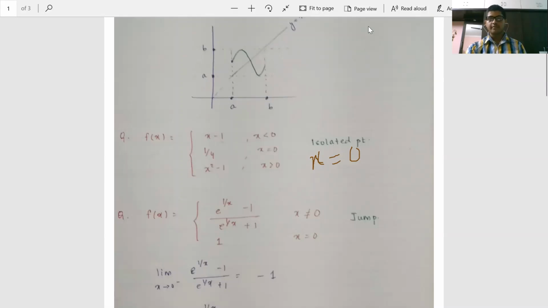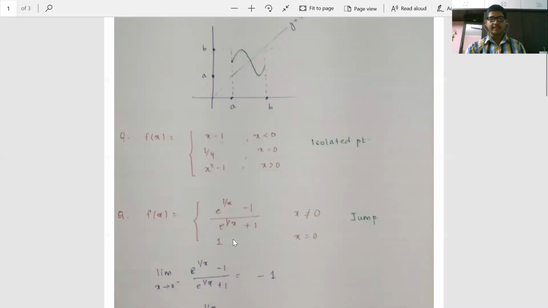So first of all, what we have to see? We have to see if 0 belongs to domain. Yes, 0 belongs to domain because it is given here. Now we have to check the LHL and RHL and the value of the function at that point. The LHL value clearly you can see from here, it is going to be minus 1. And from here, the value of RHL is also equal to minus 1. Fine. So LHL equal to RHL. But the problem comes when we find f of 0. f of 0 is 1 by 4. Clear? Therefore, it is an isolated point discontinuity as it was discussed in the first lecture, the types of discontinuity. Let's move to next question.